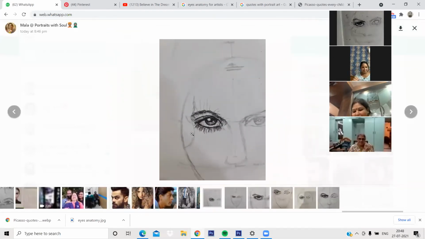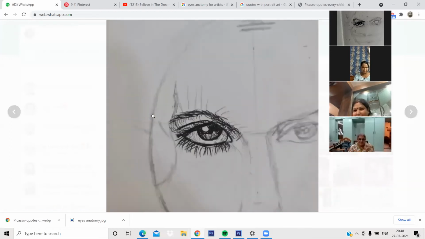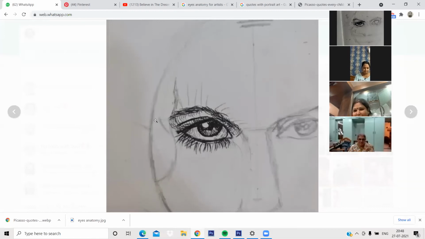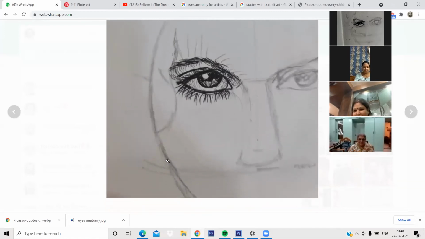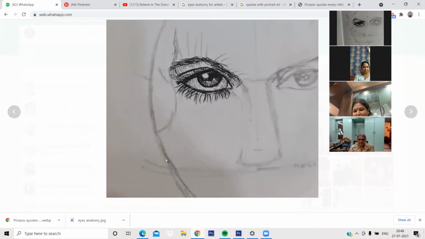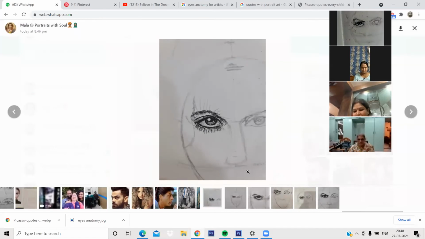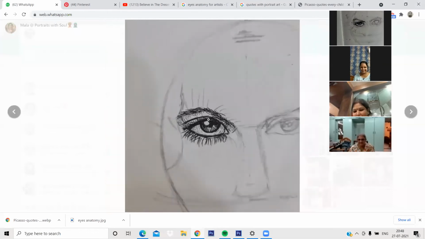See, a lot of these details, this one here, it's a little sharp here. This curves inwards, it curves outwards. Then this bone is a little sharp, especially for her. Since she's a pretty lean person, these features become very sharp. These things you understand more with practice. But from what we have learned so far, you have done a very nice work on this. Thank you, Niranjan. Very nice work.